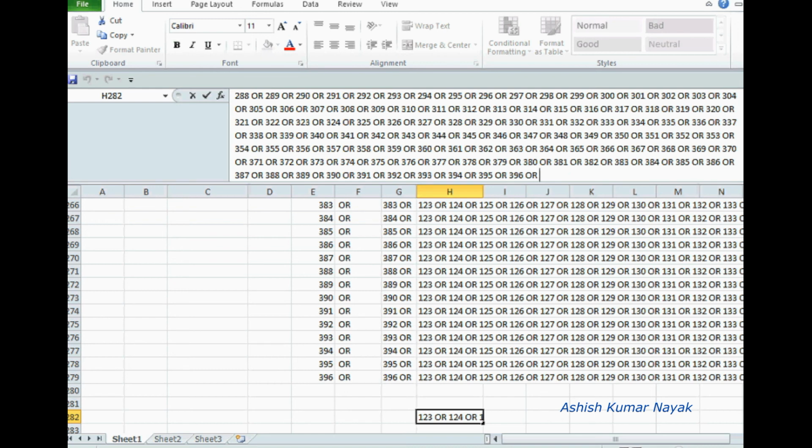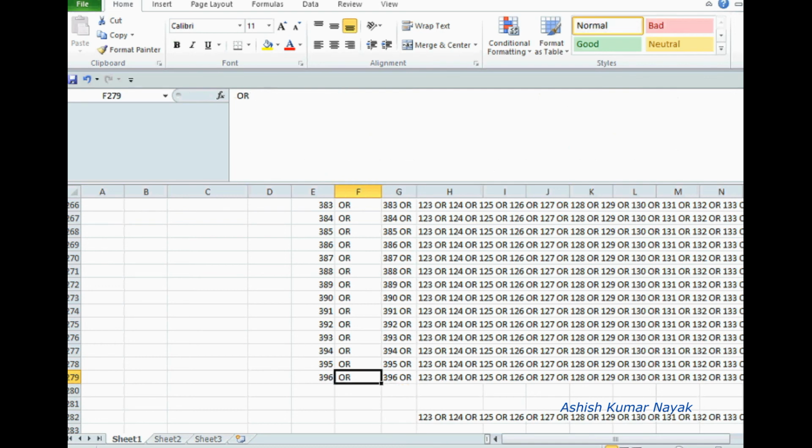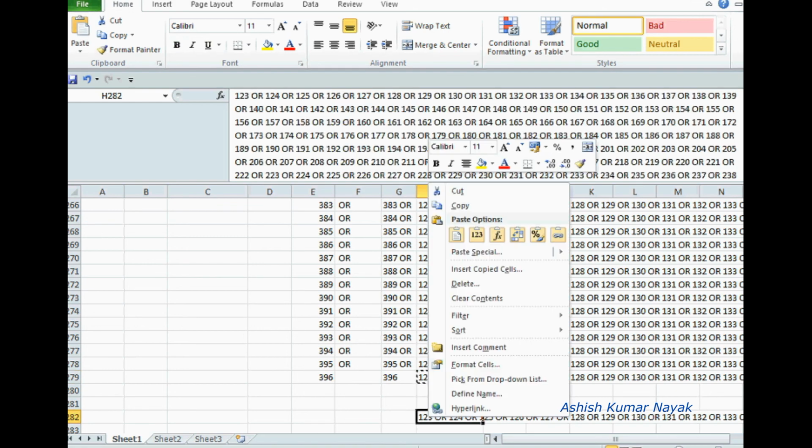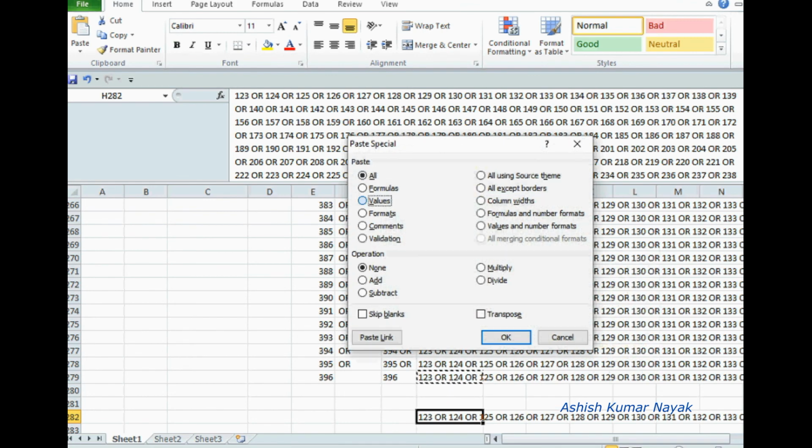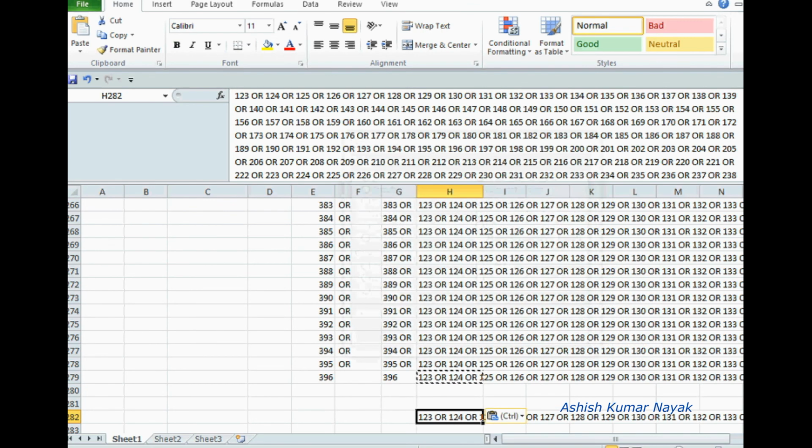Let's remove it in the formula. See here, column F row 279, delete this one. Now copy the value in H279, and again paste special, values, done.